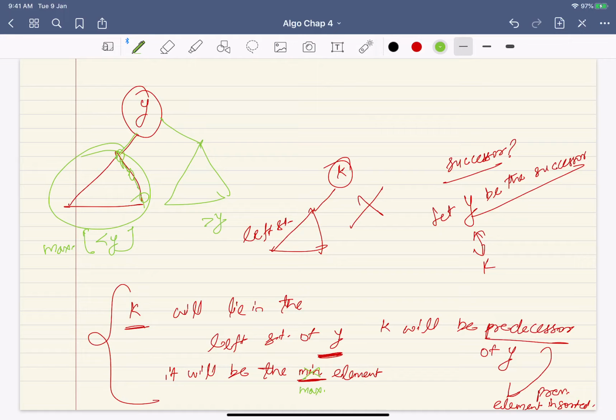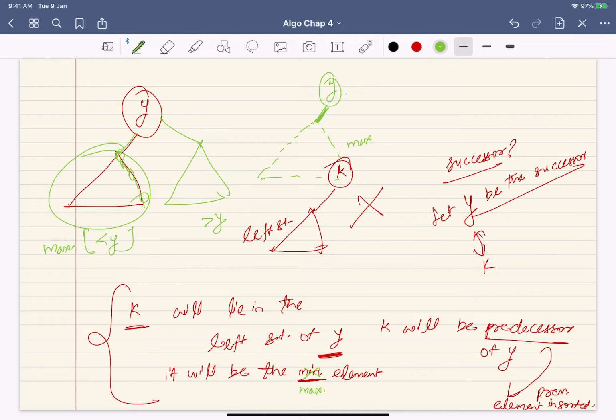So you see what is happening now. So somewhere y has a left subtree and k is in that subtree, and that is true because you see k is the maximum of that subtree, and k does not have a right subtree. That's why we have gone here. So k is the maximum here. So that is how you will find a y. So y is an element that has a left subtree where k is the maximum element.